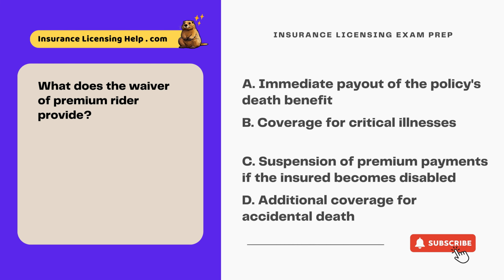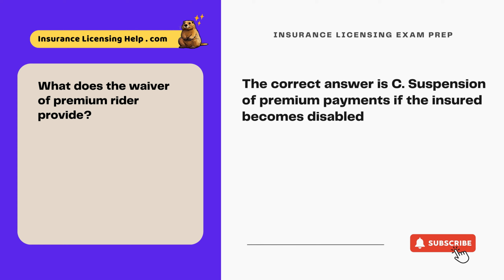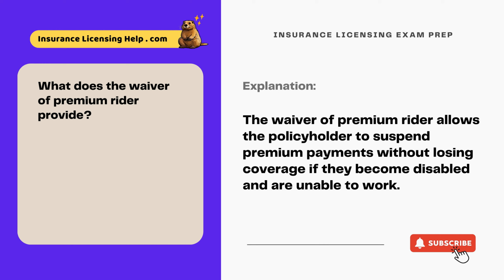What does the waiver of premium rider provide? A. Immediate payout of the policy's death benefit. B. Coverage for critical illnesses. C. Suspension of premium payments if the insured becomes disabled. D. Additional coverage for accidental death. The correct answer is C. Suspension of premium payments if the insured becomes disabled. The waiver of premium rider allows the policyholder to suspend premium payments without losing coverage if they become disabled and